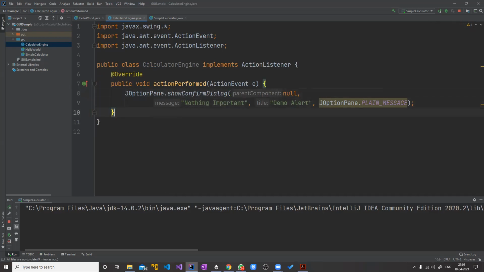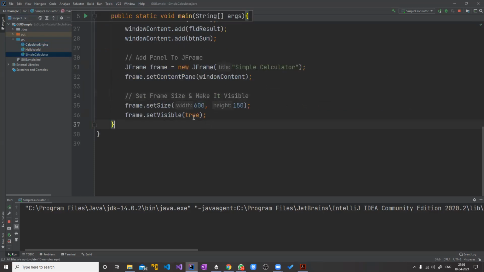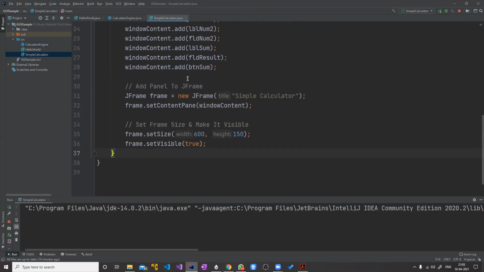Yes, so it has these 4 arguments and our job is done. Now, you have a class called calculator. In that calculator, I want this calculator engine to become active if the button on this calculator is clicked. You have a simple calculator here, right? Say we have a dummy button here. So right now I am adding a dummy functionality to this, not to add the numbers. Just when I click this button,